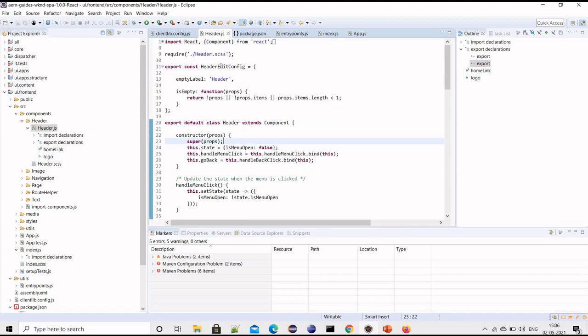Okay, so this is the configuration of the header component. Basically this require function specifies the required files we need. For example, it needs the header.sass file. This empty label, if the properties we are trying to get from the page model are empty, then it will be true, and it will just show the empty label.